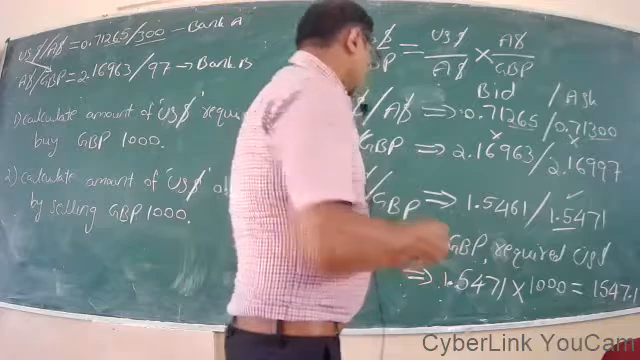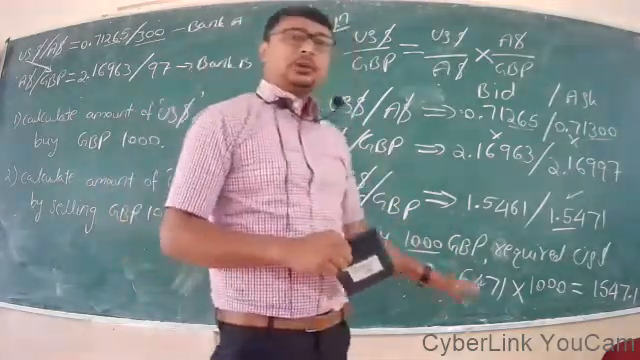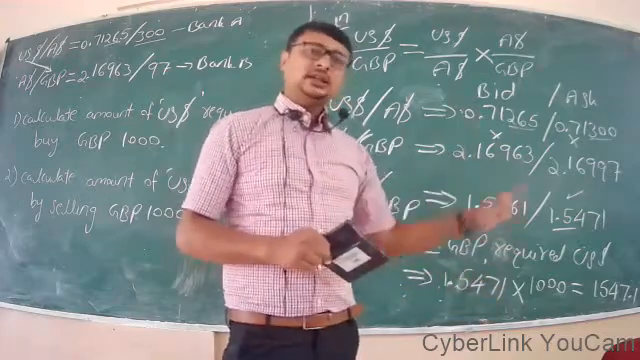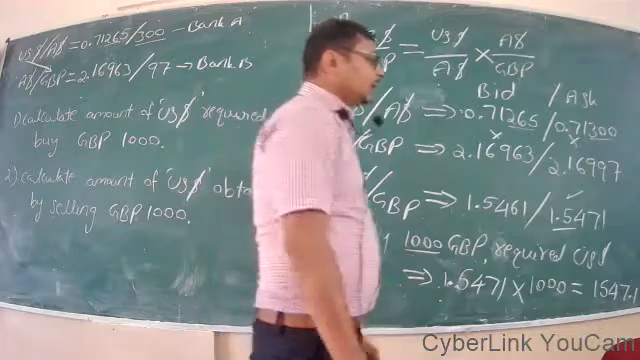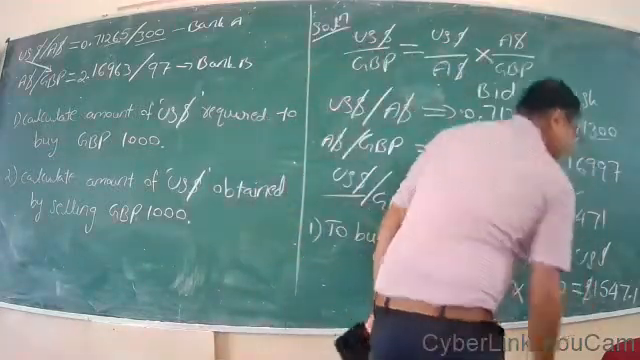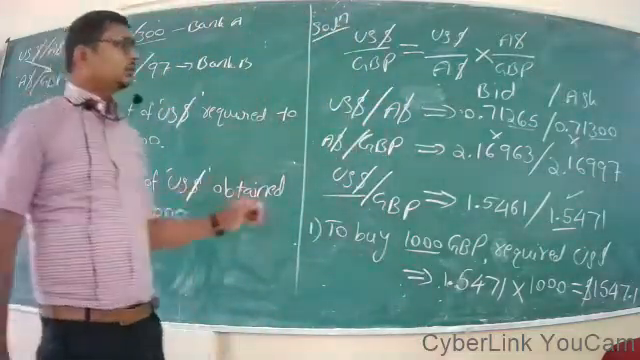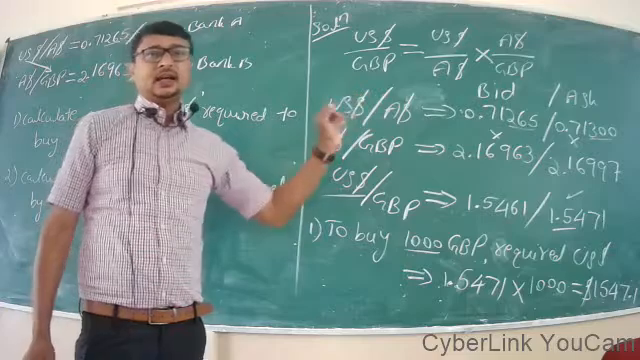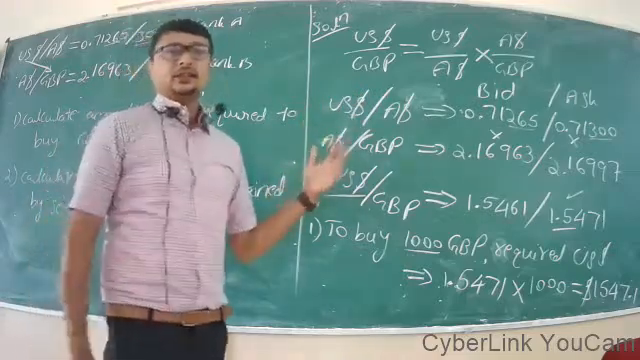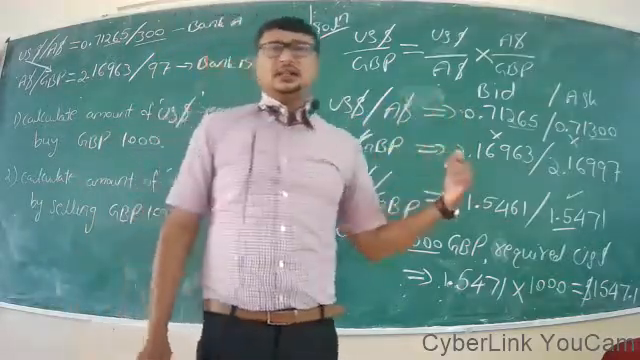Right? Now, to buy 1 sterling pound, I have to pay $1.5471. To buy 1000 sterling pound, I have to pay 1547.1 US dollars. Right? So while calculating buying and selling of any currencies, choosing bid and ask, the selecting of the applicable rate is